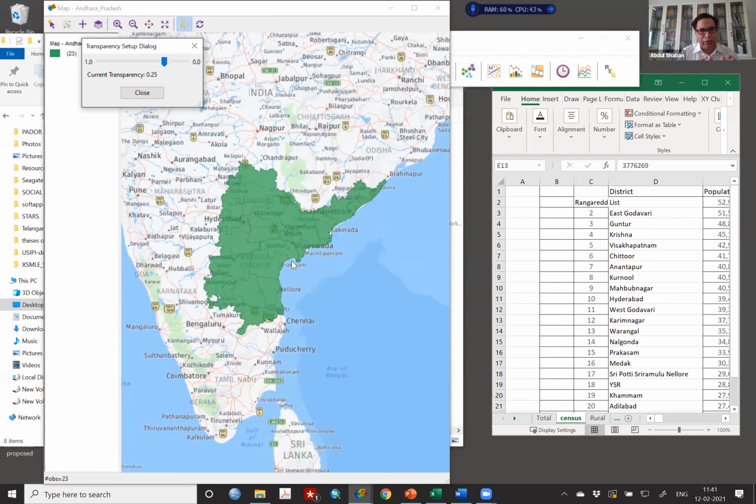If you are doing it in MATLAB, you have to work out so many things. If you are doing it in Stata, you have to work out so many things. In SPSS, you cannot do that. But in Geoda, you can easily do any kind of analysis, but it has a limitation that it cannot handle panel data or time series data. This is one big limitation for this software.